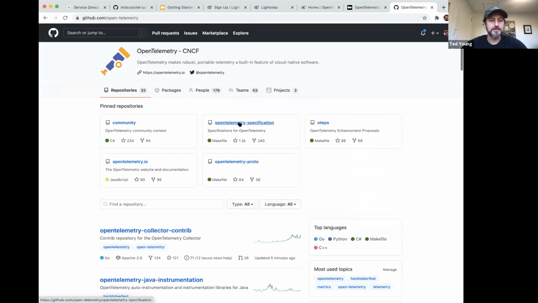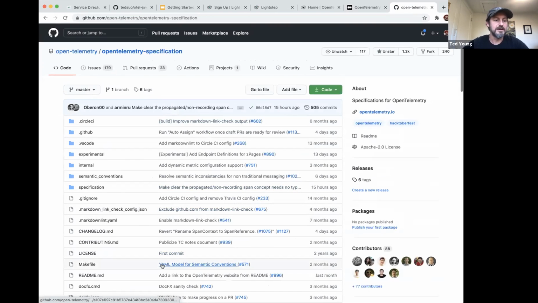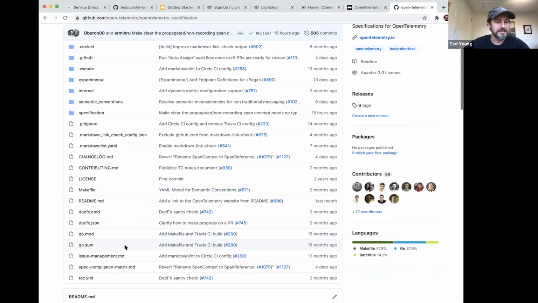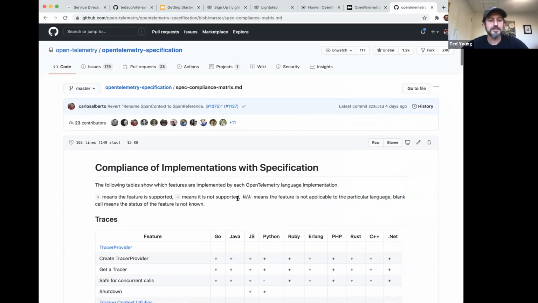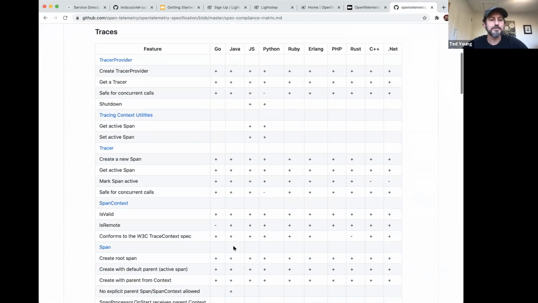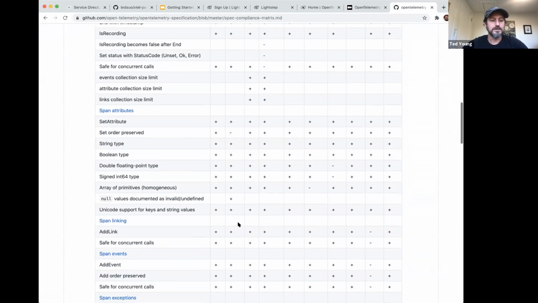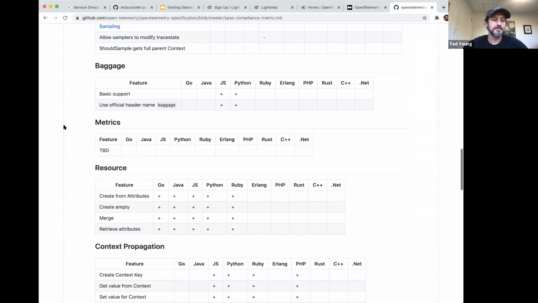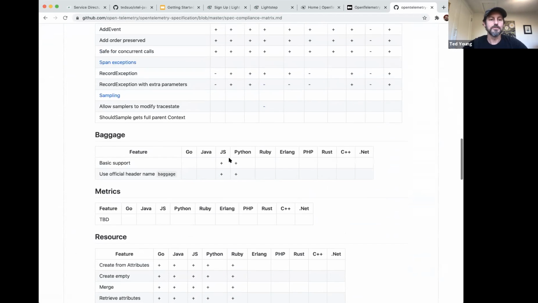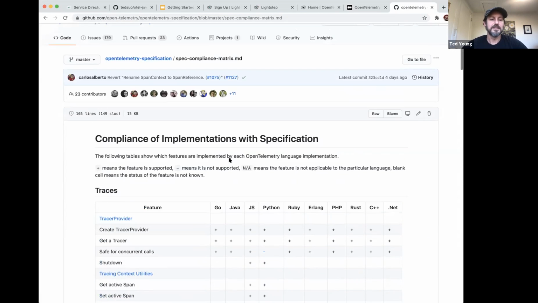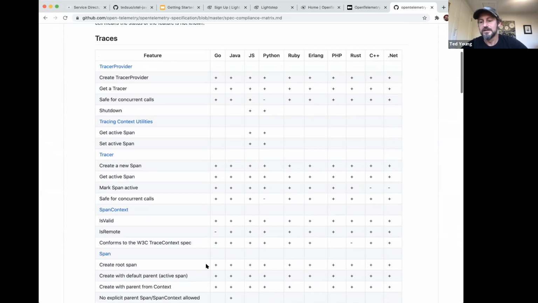But if I go into the OpenTelemetry specification, one thing we can look at is this spec compliance matrix. If you're wondering whether or not something's been implemented, these are all the different features of OpenTelemetry and whether or not they've been implemented on master. So you can see Java here and where Java is at. And you can see for metrics, we're not even tracking this yet because we're really focused on getting tracing complete at this time.